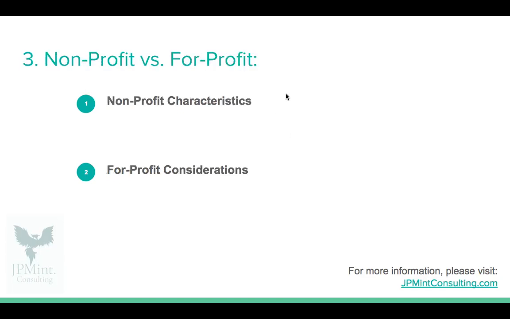So the third factor you might want to consider, or you actually do really want to consider, is nonprofit versus for profit. And this is kind of a touchy topic because it deals with money, but it can also be viewed very negatively if you were just to blurt it out during an interview with a head of school, saying, "Hey, so is this school for profit?" There might be a better way to phrase that.